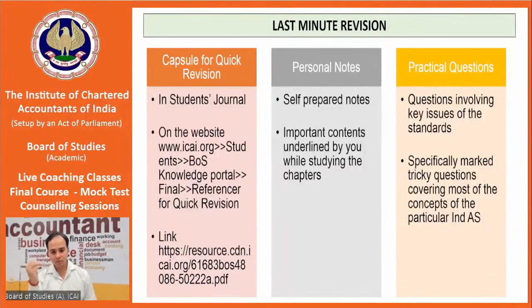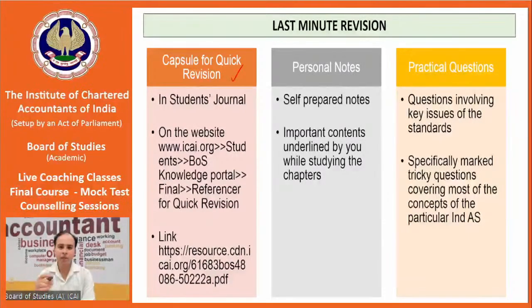And now we come to the last minute revision tips, how you should do it. We have divided it in 3 parts. First, one day before the exams, you will not be able to study all the modules. It is not practically possible, and even if you are doing the same, you are putting unnecessary stress. So it's very important that you